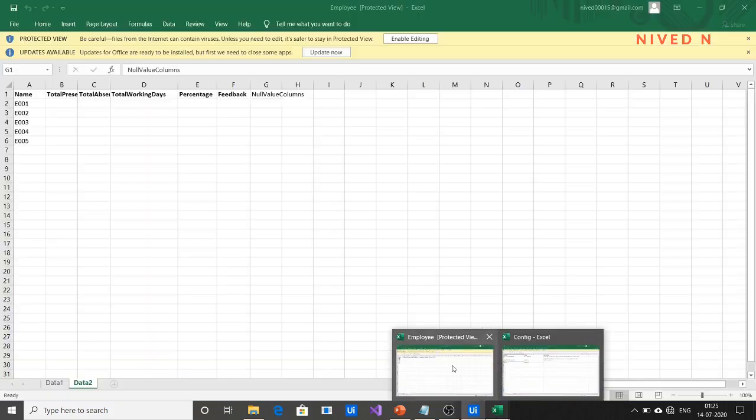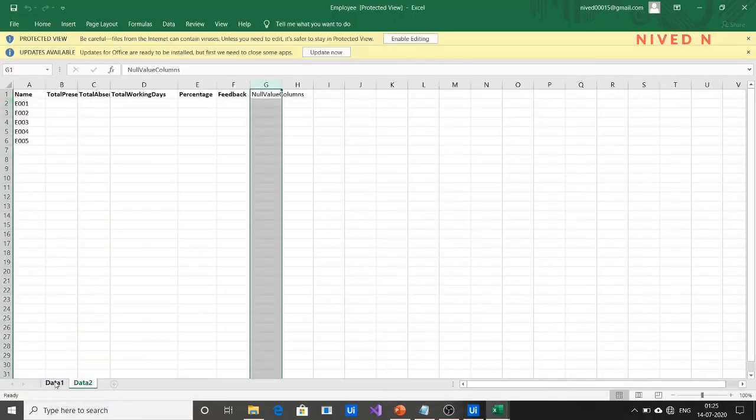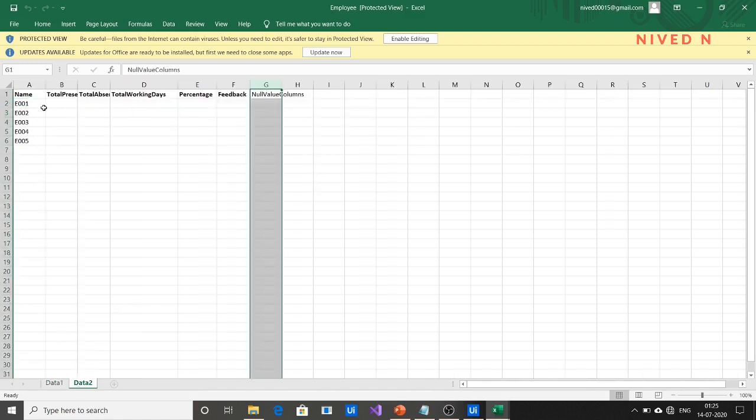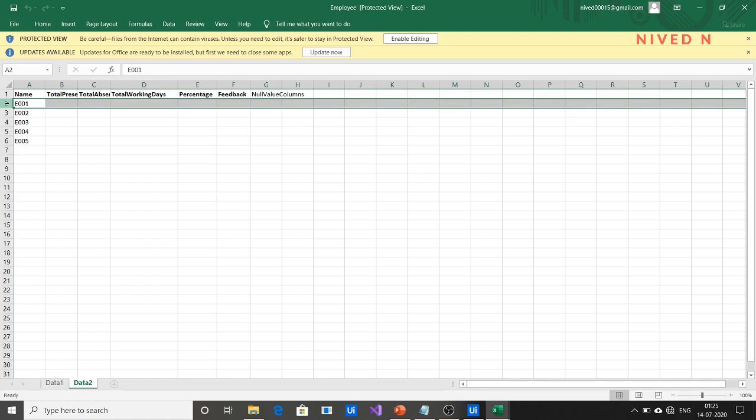So we have to input the values. That is, if you take the first transaction, for first transaction means for employee E001, you calculate the number of present, number of absent, number of null values, etc. You calculate the percentage also. So next step is you want to input all these values corresponding to the employee name E001 in this data2 sheet.